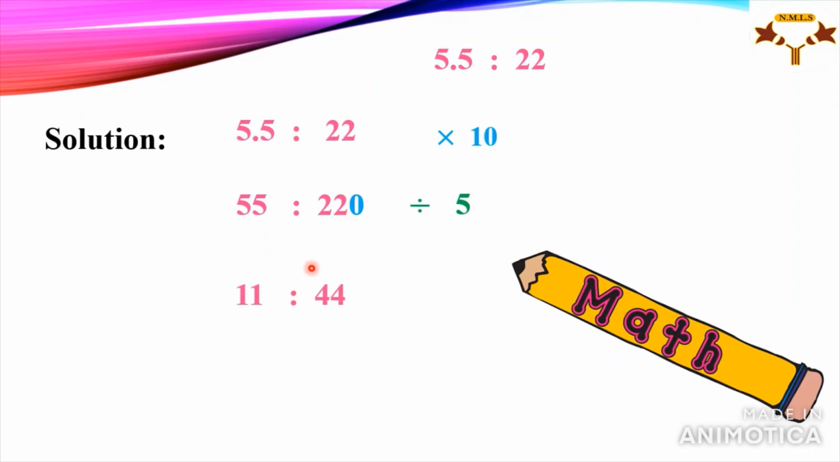Okay, 55 divided by 5 equals 11, and 220 divided by 5 is 44. You can use your calculator. Here, 11 to 44, yes, sure, both of them are divisible by 11. So the answer will be 1 to 4. 11 divided by 11 equals 1. 44 divided by 11 equals 4. So here,